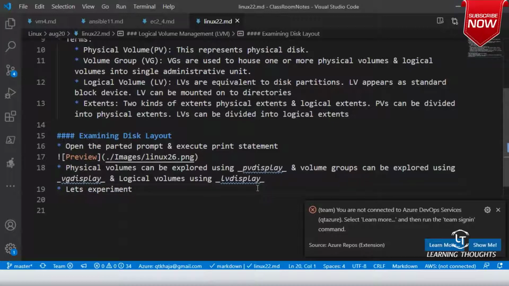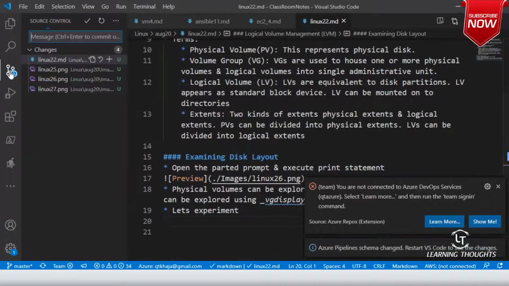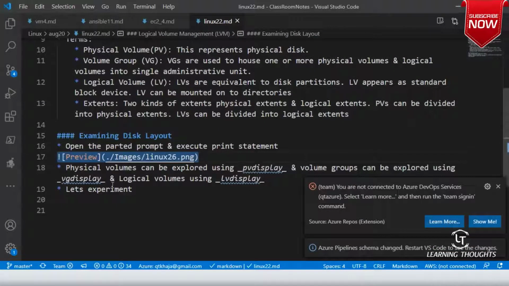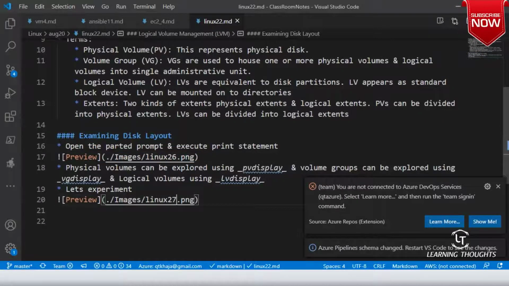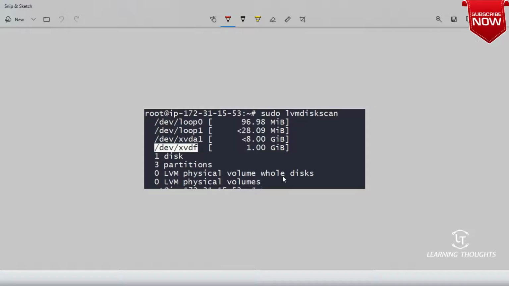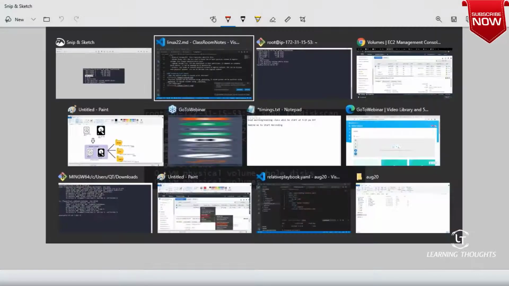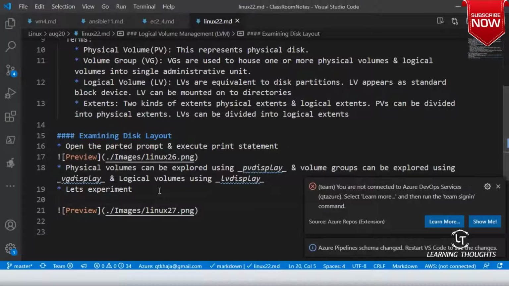I'll be putting in screenshots itself, so you look into the screenshots and you would be able to make out what I'm trying to do over here. So I've done lvmdiskscan. Let me write it, scan disks.